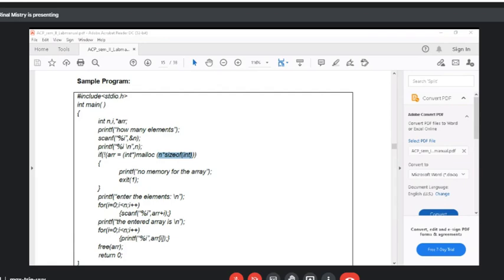Okay. So how will you then assign the values?